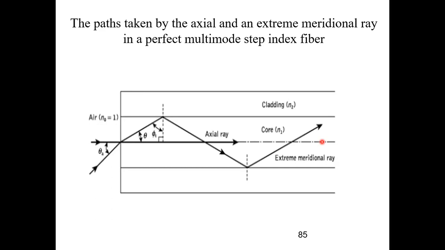So here we have the axial ray. The axial ray will take minimum time, so I can write it as T minimum. The extreme meridional ray will take maximum time, so I can take it as T maximum. The delay difference will be T max minus T minimum. That is our aim, to find the delay difference between T max and T minimum, and then we will do the derivation accordingly. Once you finish the diagram, let me know. I will be dictating a few sentences.